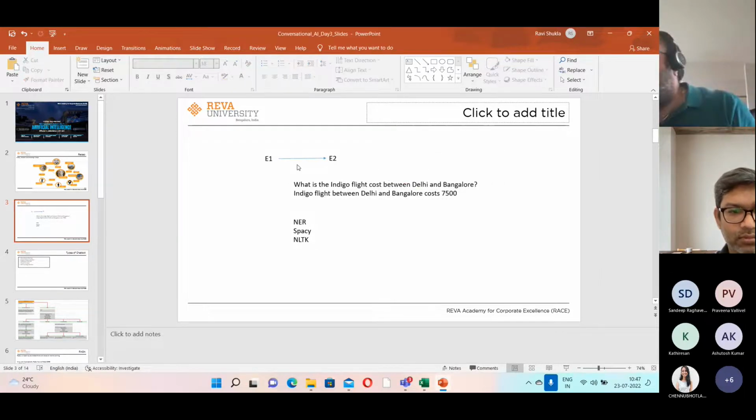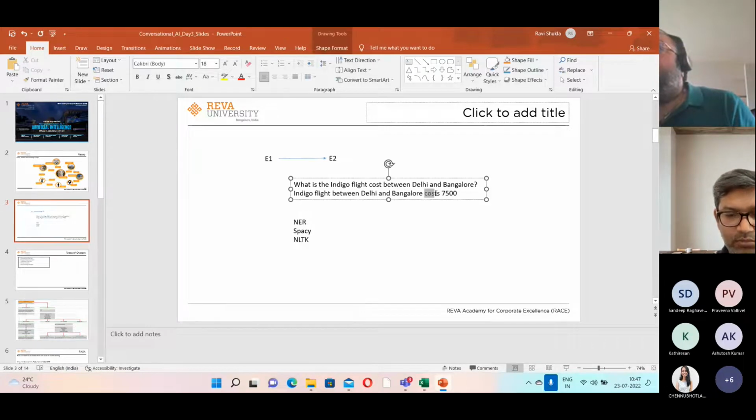The value of that relationship, or value of that edge, might be 7,500 rupees. Does that make sense? Yes, sir. Thank you. So costs can be picked up as the relationship, and Delhi and Bangalore can be location nodes.